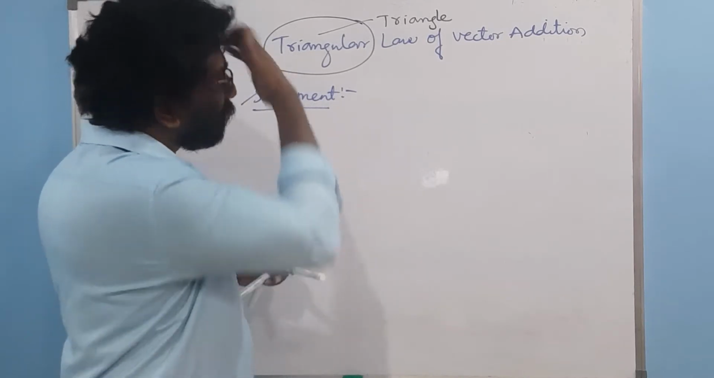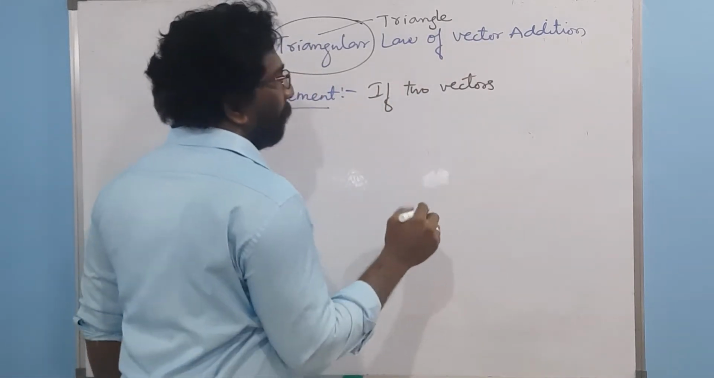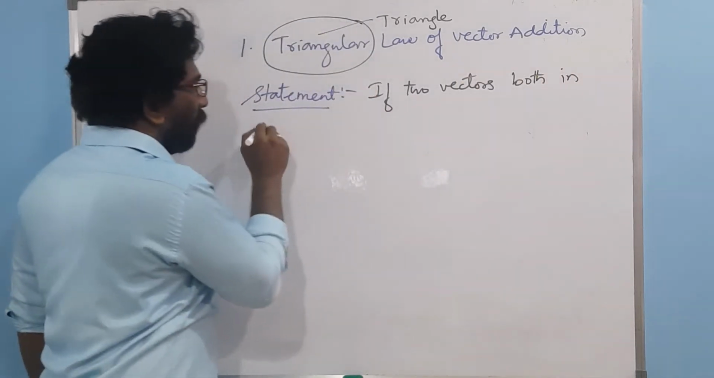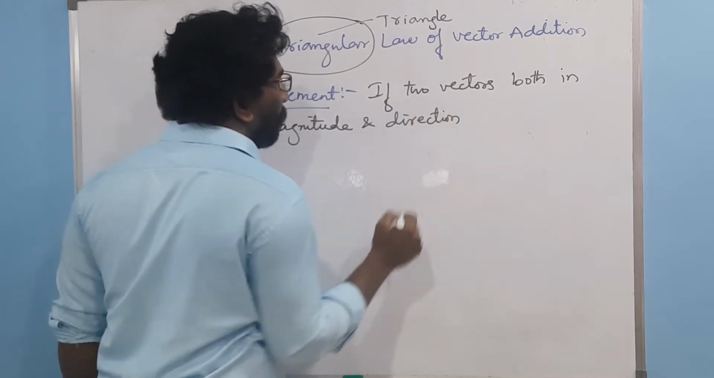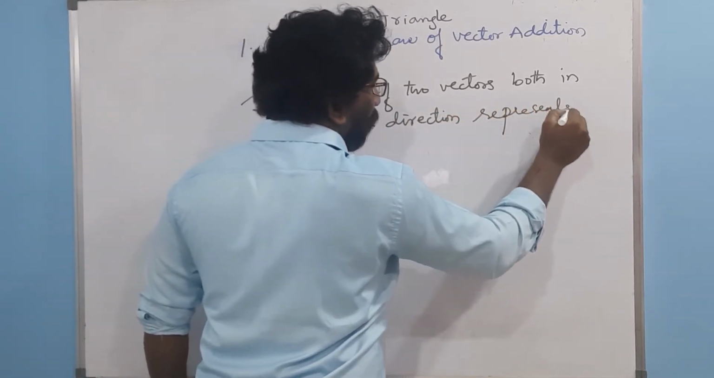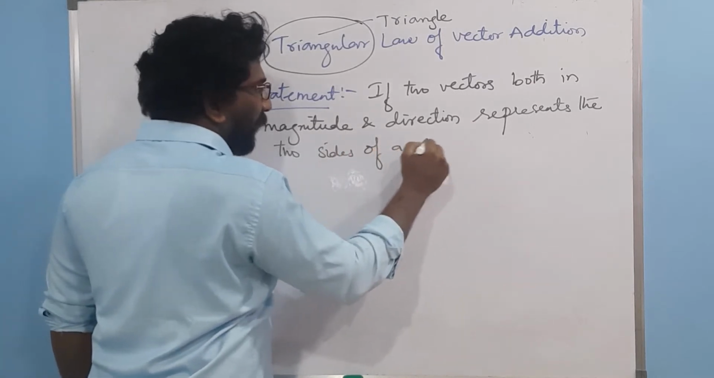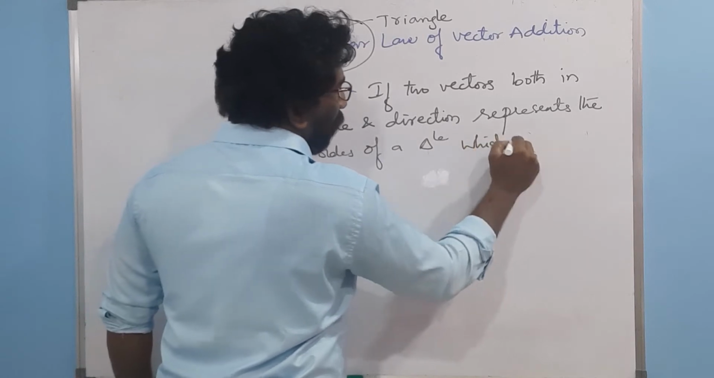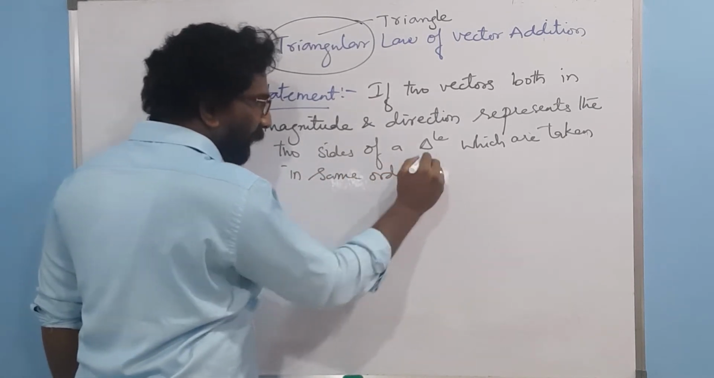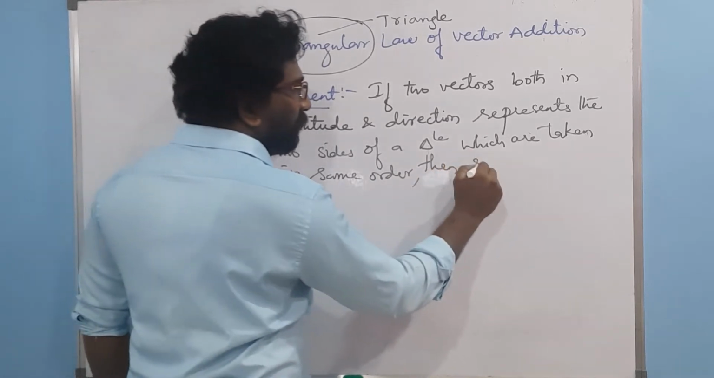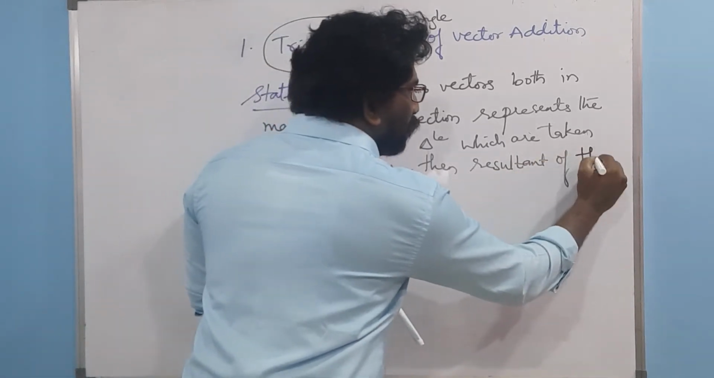The statement of this triangular vector law goes in this way: if two vectors, both in magnitude and direction, represent the two sides of a triangle which are taken in the same order, then the resultant of these two vectors,